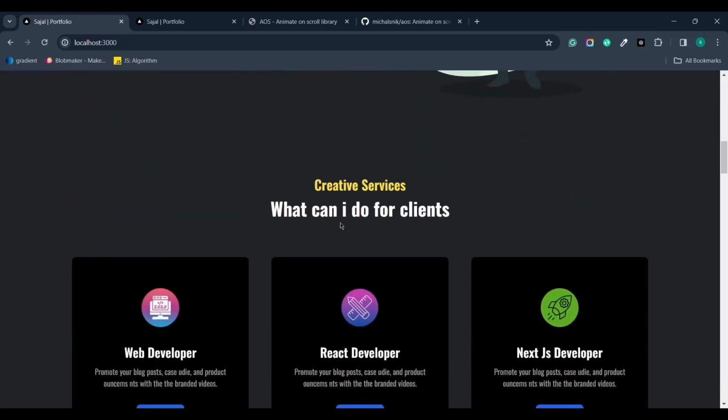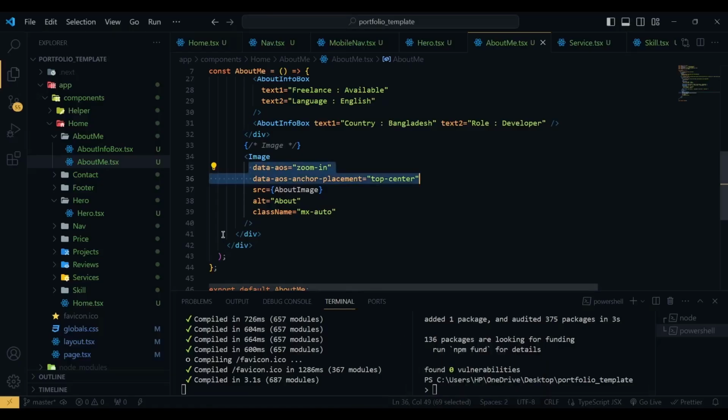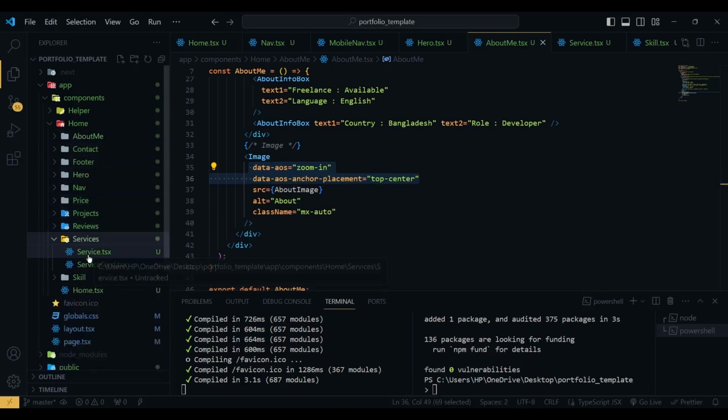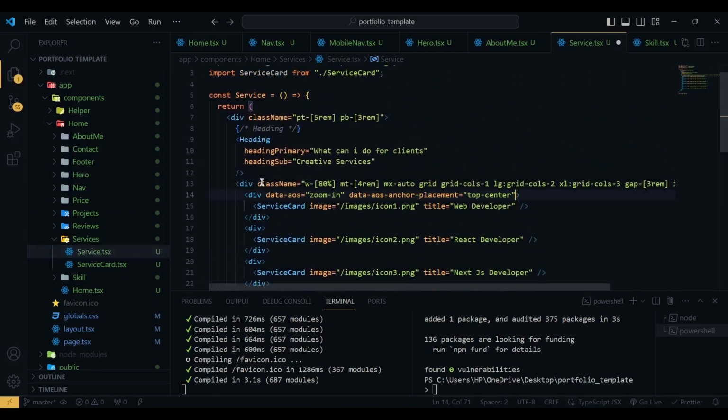Next we are going to add the animation for this creative service. So I am going to open the service section, and here I am going to paste the previous one we copied. So here we are going to use fade right,